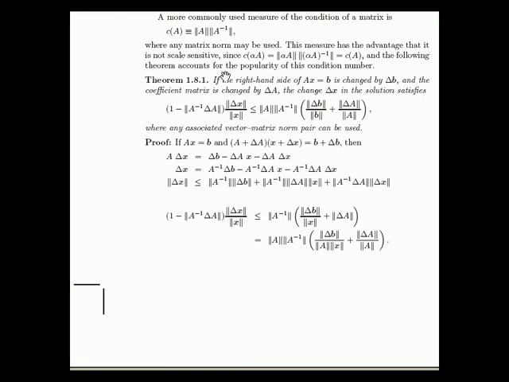And the reason that's useful comes from this theorem here, which basically says if you solve a linear system AX equals B, and you change B by a vector delta B, a small amount, and change the matrix by a matrix delta A, a small amount, then the relative error, assuming delta A is small so this is nearly 1, is less than or equal to the condition number of A times the relative error in B plus the relative error in A. So that basically says that this thing here, which we call the condition number, is an amplification factor,